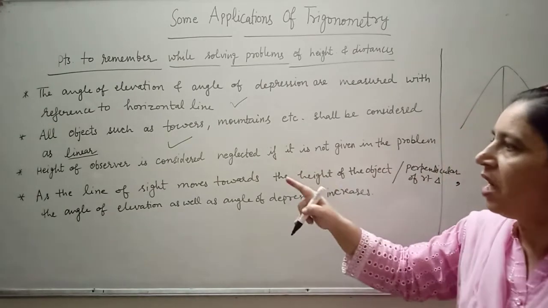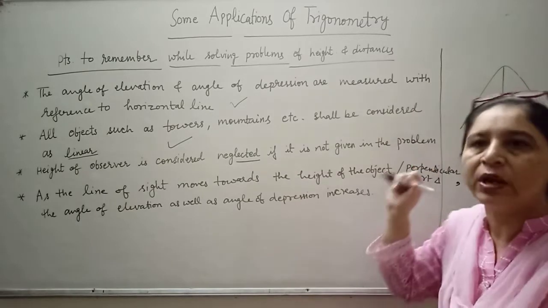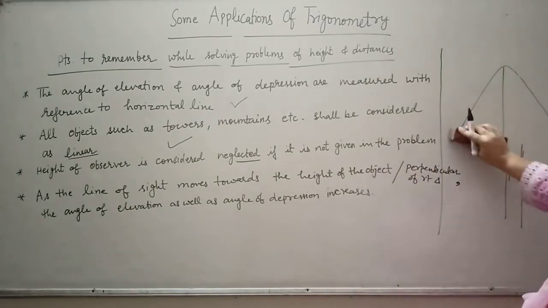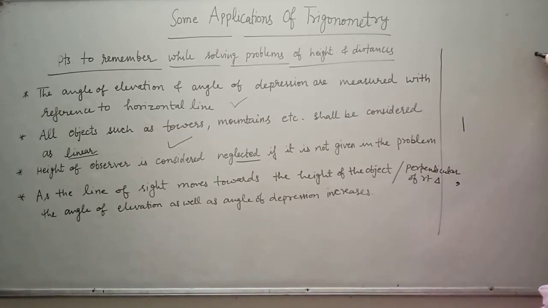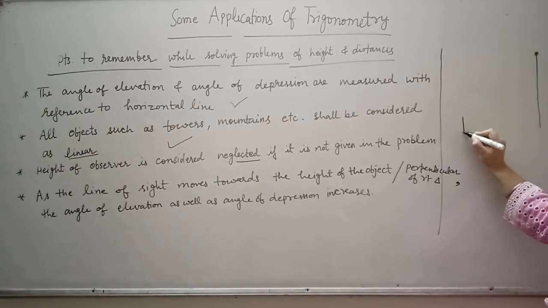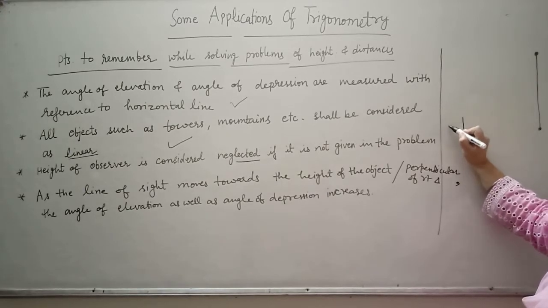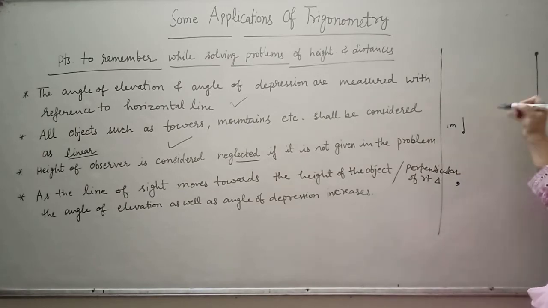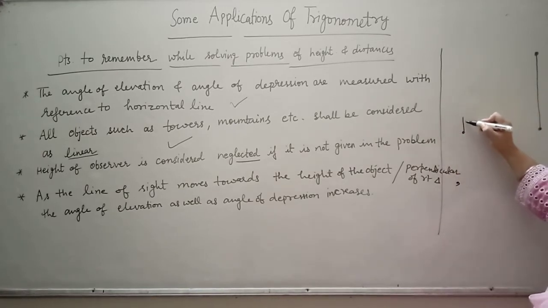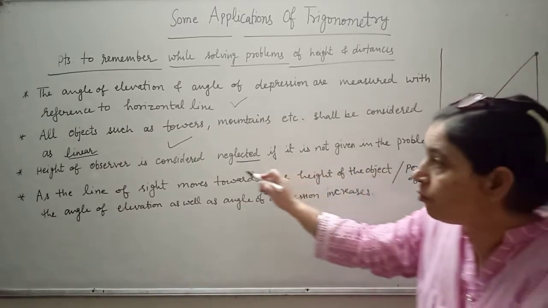Third point is, the height of the observer is considered neglected if it is not given in the question. क्या है कि अगर सपोज करो this is the observer, this is the top of the tower, okay, this is the foot of this person, this is the foot of this tower। अगर आपको इस पर्सन की हाइट दी हुई है कि this is suppose 1 meter tall, तब तो आपने इसको कंसिडर करना है। अगर ये नहीं दिया हुआ तो हम इसको नेग्लिजिबल लेके चलेंगे, हम यहीं से इसको कंसिडर करेंगे।